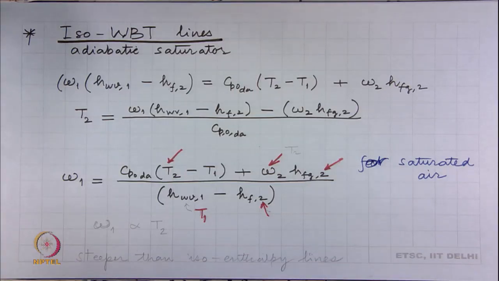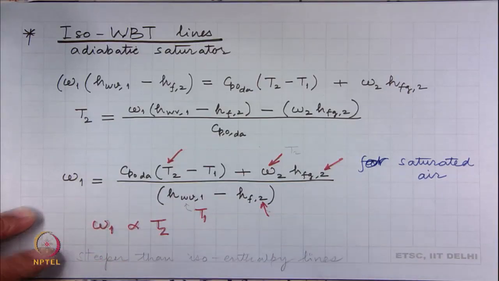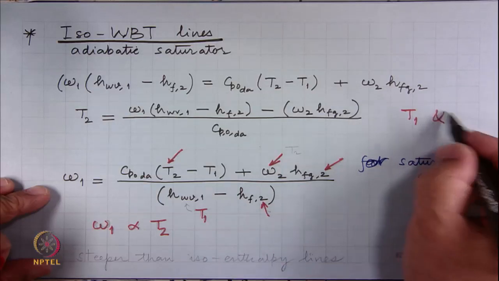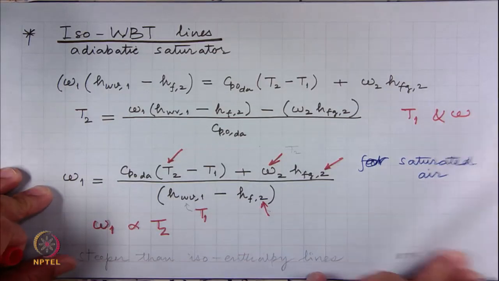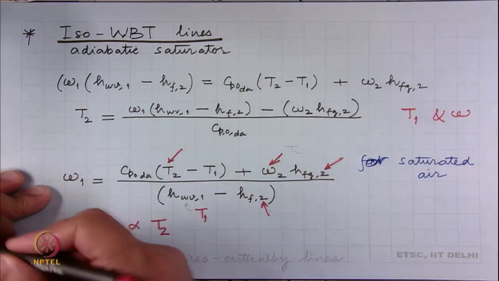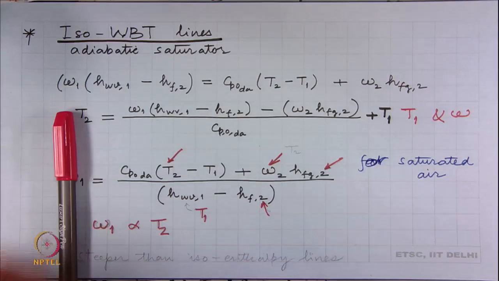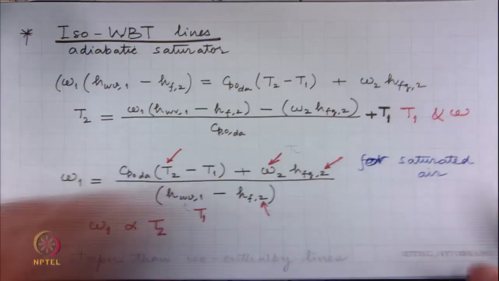So, what one can do, and we can see from this expression, is that omega 1 is linearly proportional to T2. So, what one can do is say, okay, if I keep the wet bulb temperature constant, which is T2 is constant, then what is the relation between T1 and omega, which this expression tells us. And there has to be one more term after this, this plus T1. So, this expression tells us that we can expect a linear behavior between these two, and that is what we see here on the psychrometric chart,